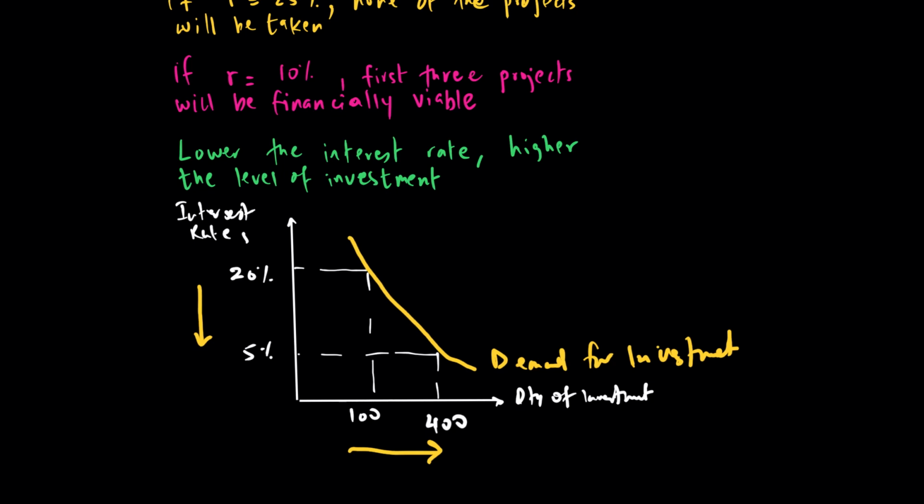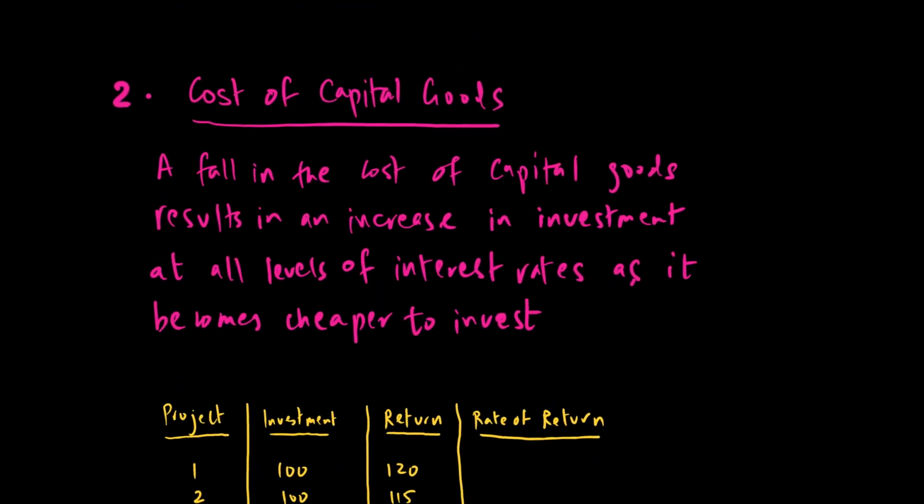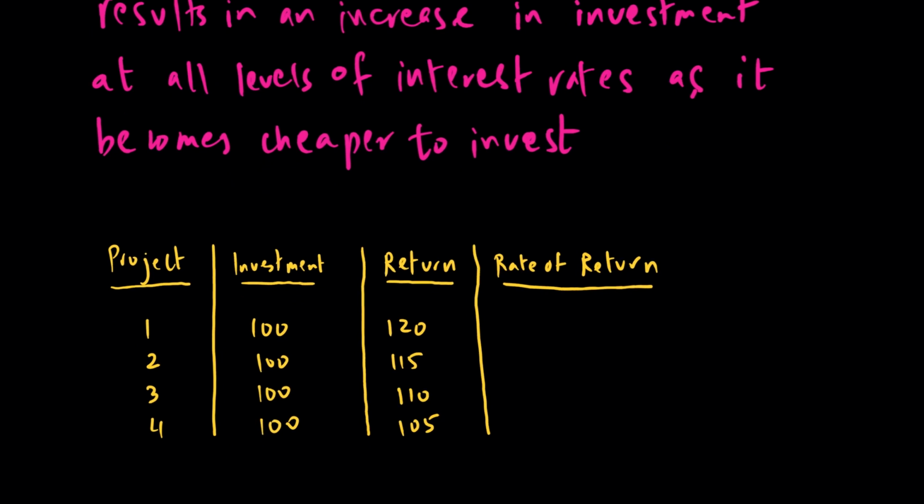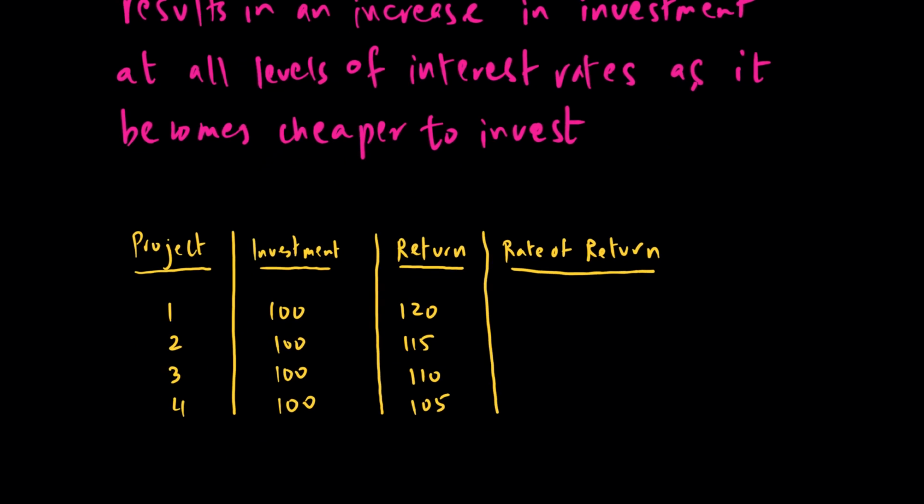The next sector we want to talk about is called the cost of capital goods. If the cost of capital goods go down, then we can say that there will be an increase in investment at all levels of interest rates as it is becoming cheaper to invest. So let's say what if suddenly you don't require 100, but you require, let's say, only 80 to invest. So this number becomes, for example, 80